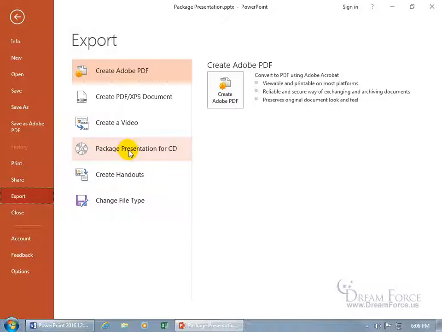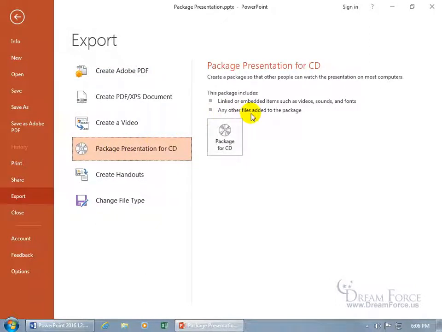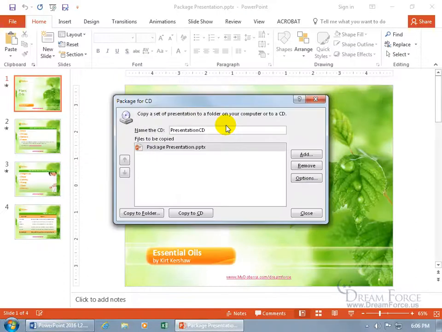In any case, let's go ahead and select that. And then over to the right, it pretty much says what I just said. This package includes linked or embedded items such as videos, sounds, and fonts, and any other files added to the package, or any additional presentations besides the one that I'm going to be grabbing right now. The package presentation, the name of it, I know it's original. In any case, let's go ahead and click on Package for CD, and you can see the name of the